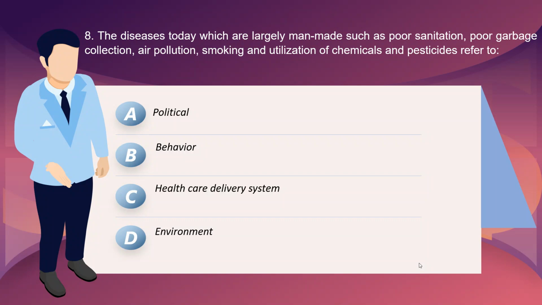And tobacco exposure is also an environmental behavioral risk that is frequently addressed via environmental health politics. But in this case, the best answer for number eight is letter D, environmental, because what is highlighted is poor sanitation. When we say smoking, it can be part of political, but again, that could possibly be a part of environmental policies. Number eight, the answer is letter D. Number nine,